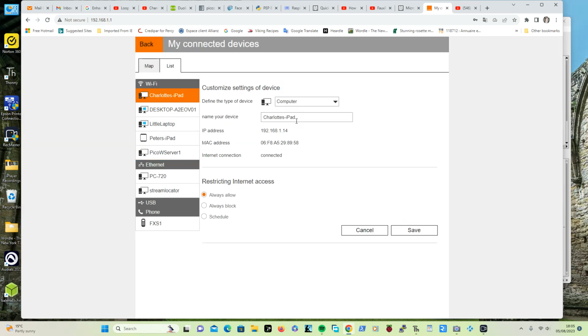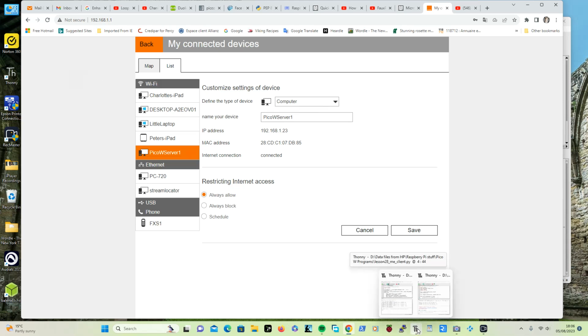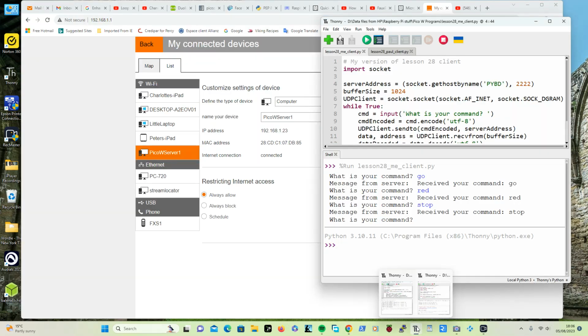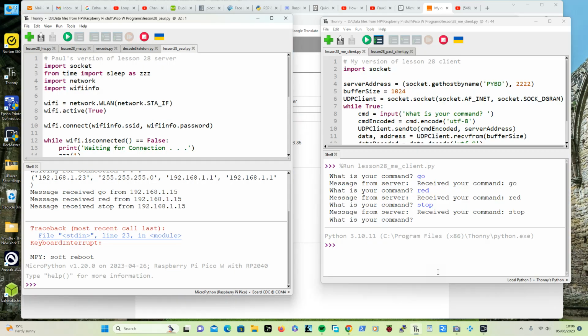I don't know what character, ooh, it disappeared. I don't know what characters you can put in there. You can't put spaces in, so I just do bumpy text for that. So we'll go back into Thorny, open up both windows. Right, just to make sure we're starting off from clean,